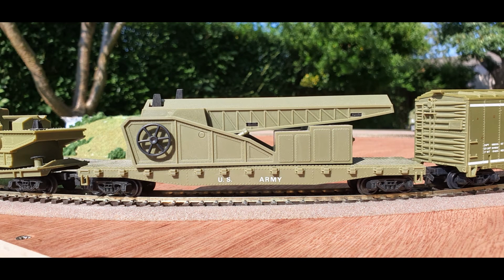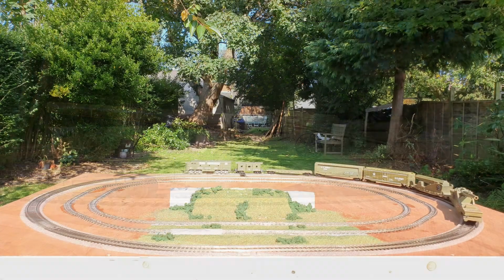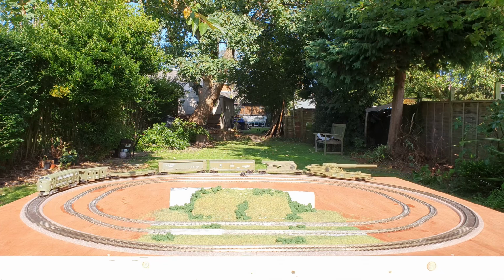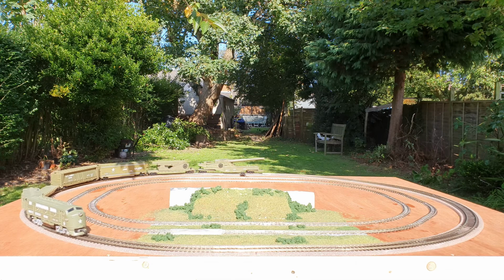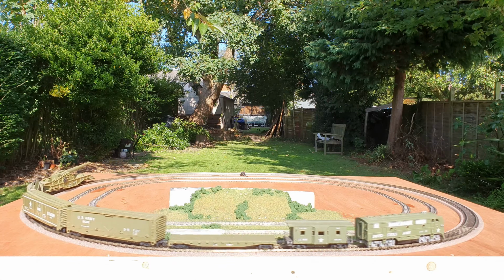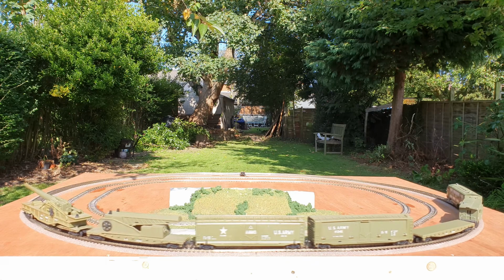This did have a rocket which has now been lost, but I do see them around on eBay, and the gun needs some bogey repairs. I do like the gun though, and actually it's fairly similar to those produced in World War I and World War II in terms of its looks by the US military, except they seem to have been grey in colour. You can still buy these Model Power versions of these wagons individually, mostly sold in the US,